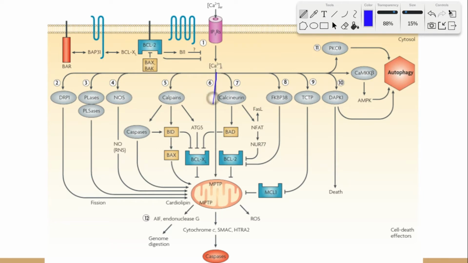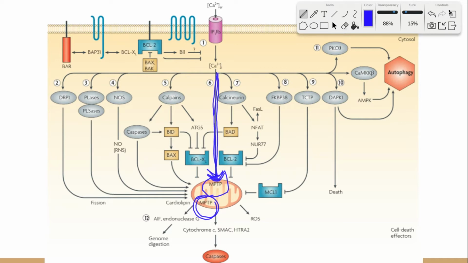And finally, note this very direct line between calcium and the mitochondria. The IP3R can release calcium sometimes directly to the mitochondria, where it activates a protein called MPTP. This is the infamous mitochondrial permeability transition pore, MPTP. And we'll discuss it in a moment, but before we go on, the summary is